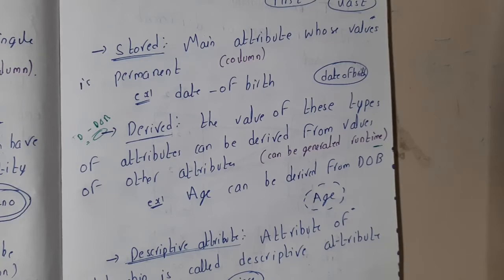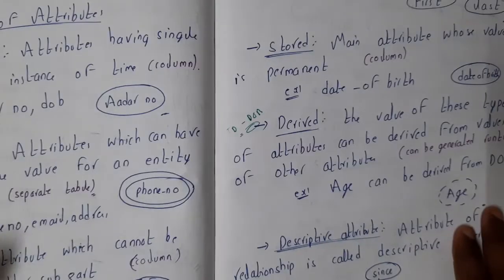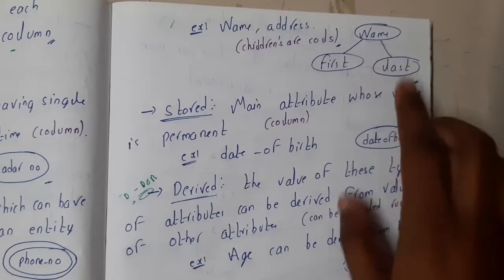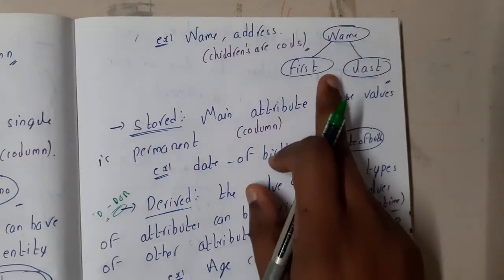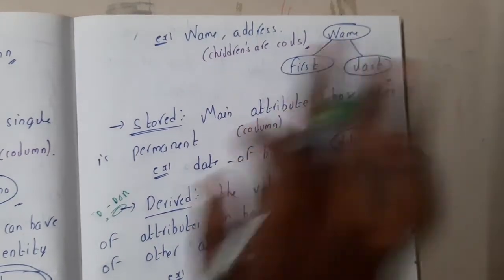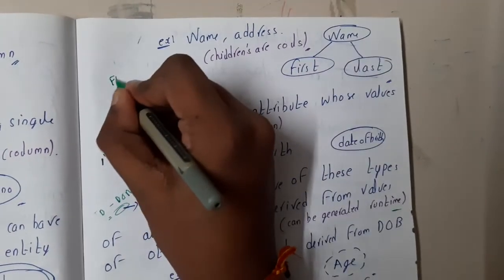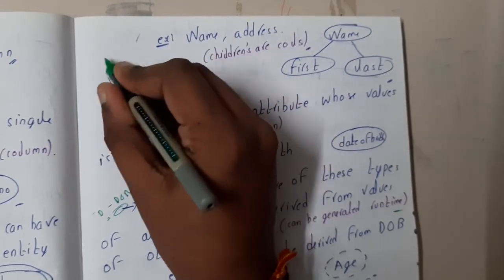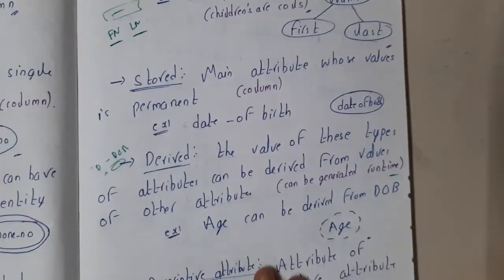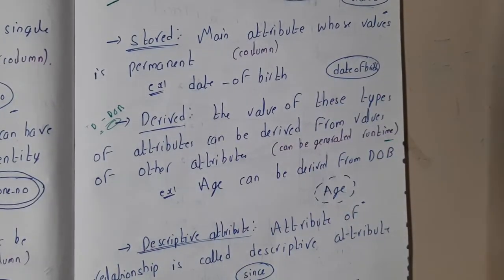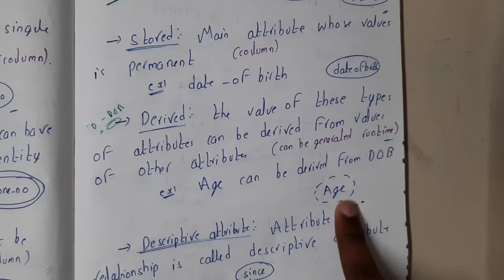Okay, so now I hope everyone got at least some basic idea with respect to this, right? So single valued means one oval, multi-valued means double oval, simple means a single oval, composite means there will be a hierarchy. And remember, when it comes to these types of things, in the table we are not going to have name, you are directly going to have first name and last name. That's it. So here they will fill first name, here they will fill last name. So there is no particular column for name. Got it? Yes. So stored means there will be no updates. Derived means you are going to take some other value and derive from it, like average also, marks average.